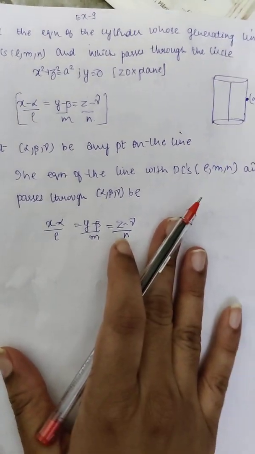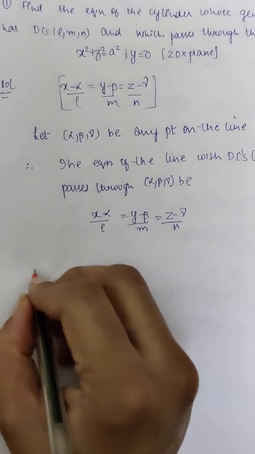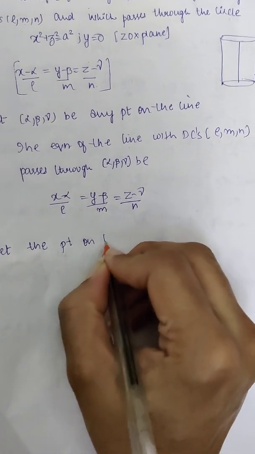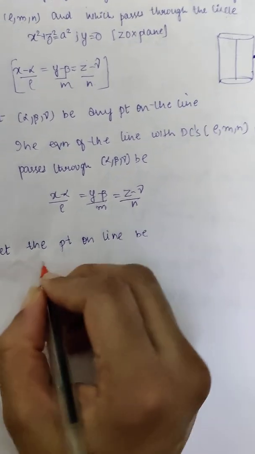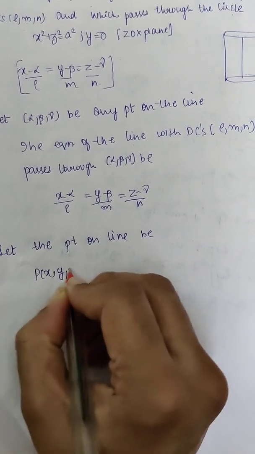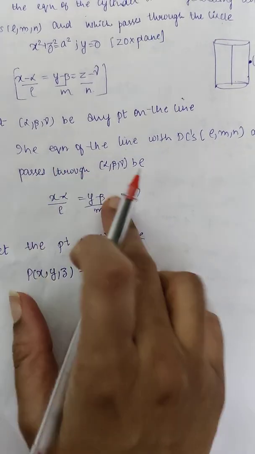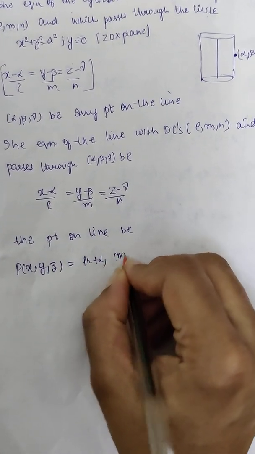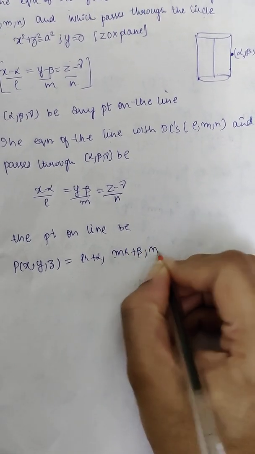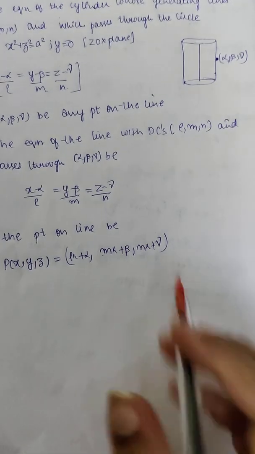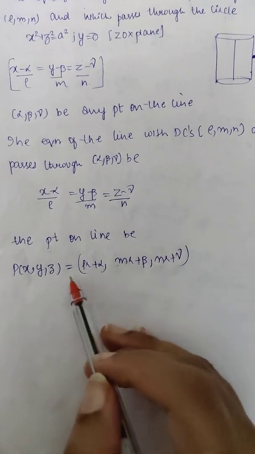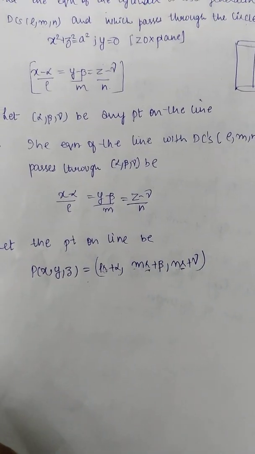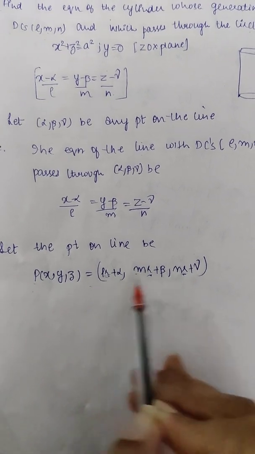Now step 2, girls, is that you have to find the point on the line. So we'll write: let the point on the line be P of x, y, z. I'm doing it directly. I'll take the line equal to r, and pick x, y, z, which becomes lr plus alpha, mr plus beta, nr plus gamma. If you observe here, girls, we have an unknown term. Alpha, beta, gamma is a point, l, m, n I know, but the unknown term here is r. I need to find the value of r because P is incomplete as it contains the unknown term.